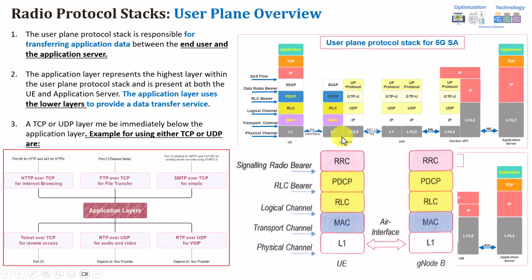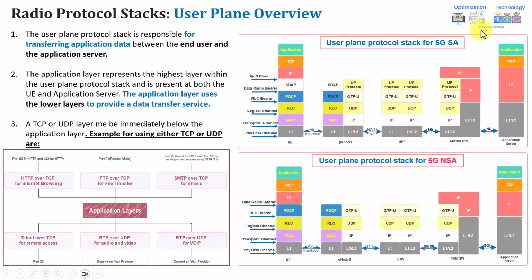As you can see here, on top of the PDCP, you will have the RRC layer. We have here the SDAP, which is the AS layer. This is usually used in 5G standalone only. We'll be explaining this part in the next slide. But the main difference is that instead of the user plane protocol, you'll be using the RRC. So let's move now to the interesting part in the next slides.